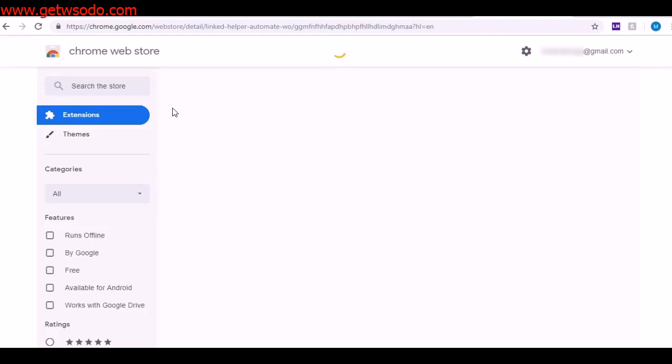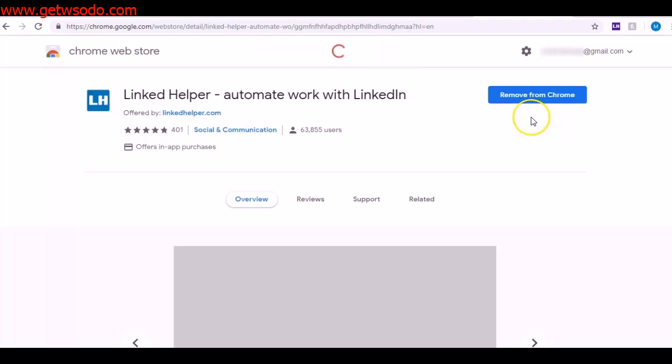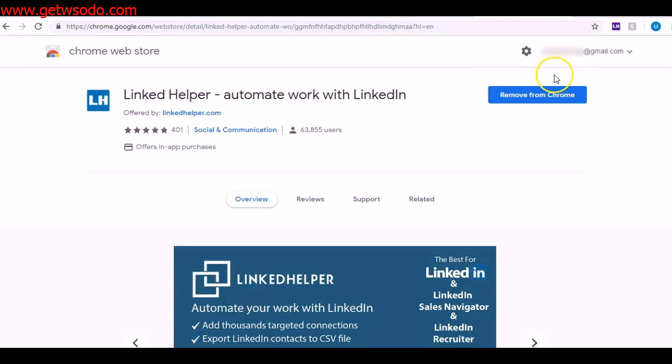You'll see that mine will pop up here. It'll say remove from Chrome. That's because I already have it. So yours will say add to Chrome if this is your first time doing it. Go ahead and click that button. And once it's downloaded, what you'll want to do is open a new tab